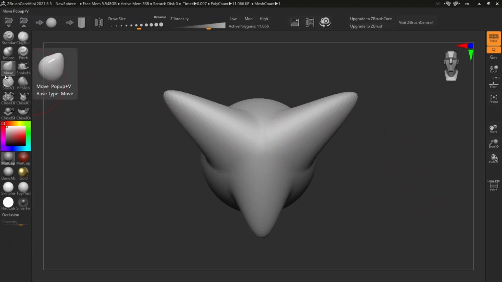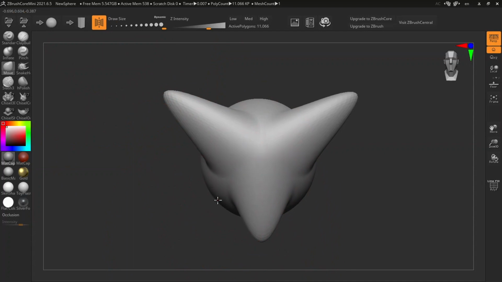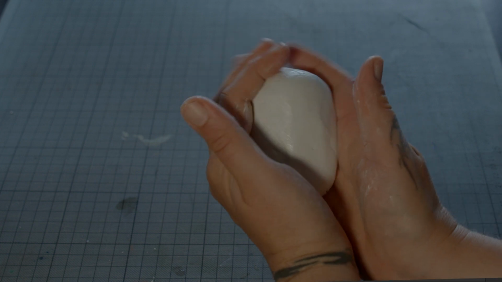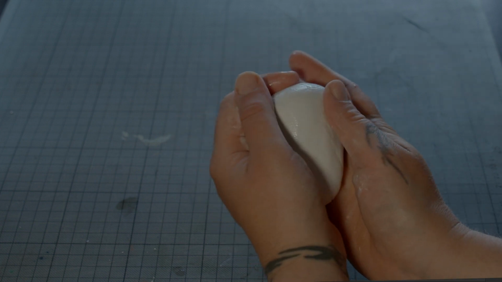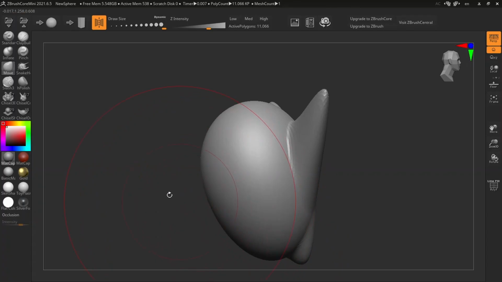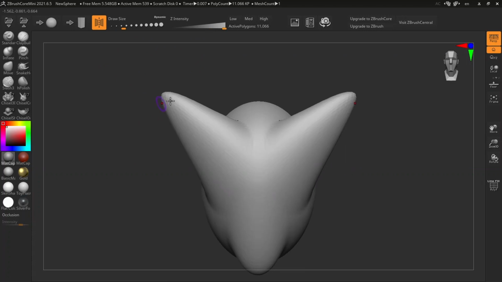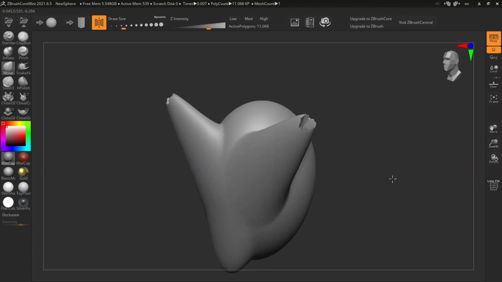For the Move tool, one of the most important things is draw size. It can either change the full form or give detail. For example, with symmetry, if we move the object a bit, it changes from the clay ball to something totally different. But if you make the draw size really small, it only works on the details. Let's say, just taking the horns inside like that.